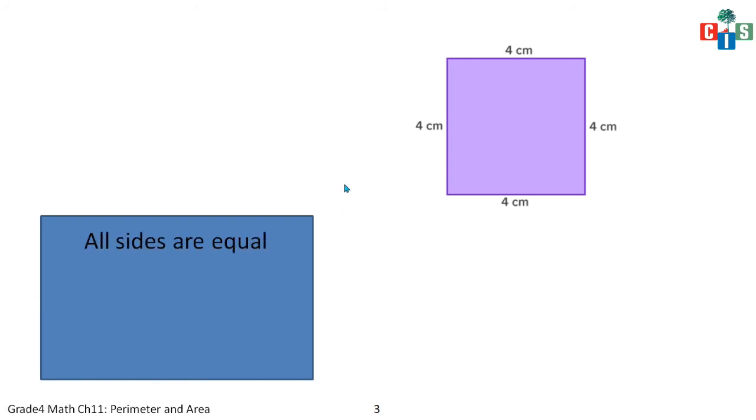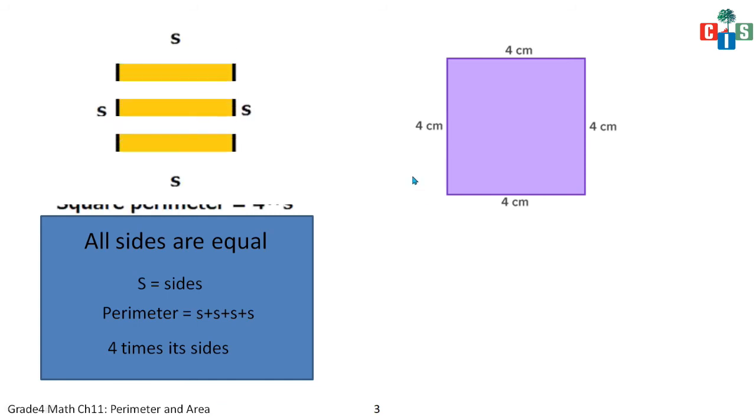Next part. Now for the square, see, this is the square. How did you come to know? Because it is 4 centimeter, 4 centimeter, 4 centimeter and 4 centimeter. What's the characteristic of a square? Yes, a square has all sides equal. And sides are represented by a small s. So can I say the perimeter of a square is equal to side plus side plus side plus side? Yes, 4 times side. That's what the perimeter of a square is, 4 times the sides, or the addition of 4 sides.